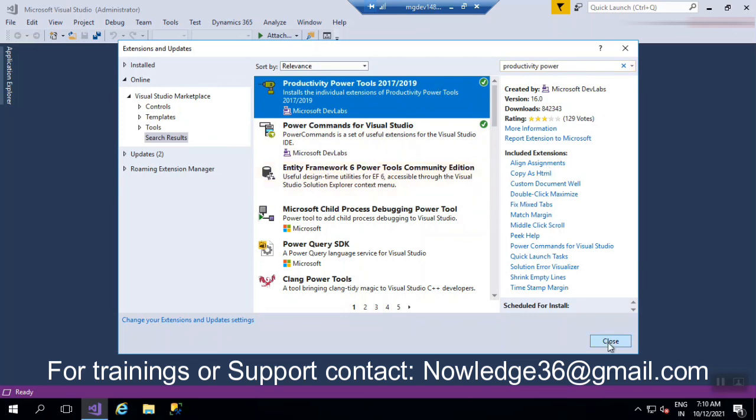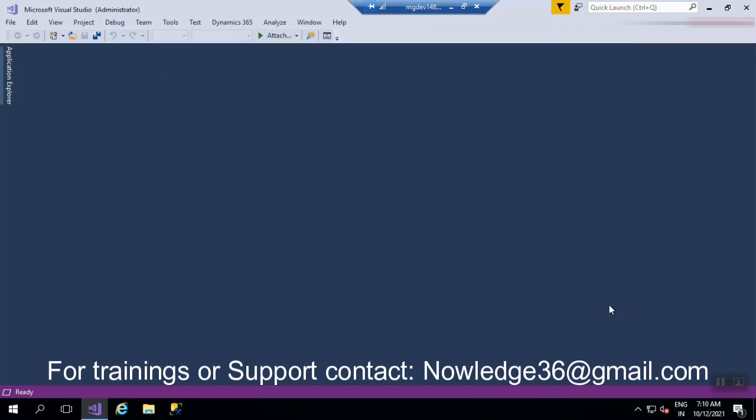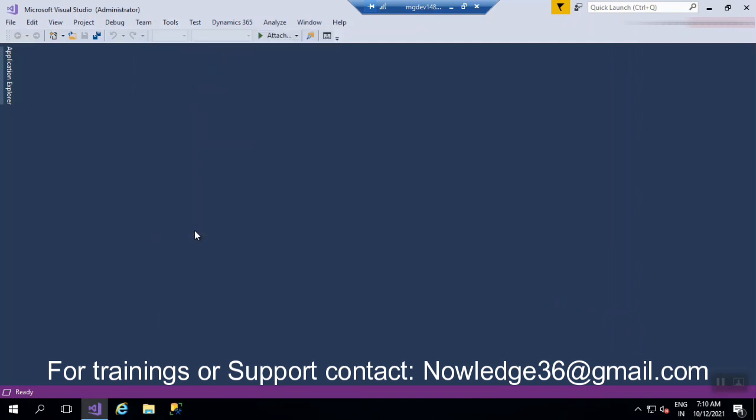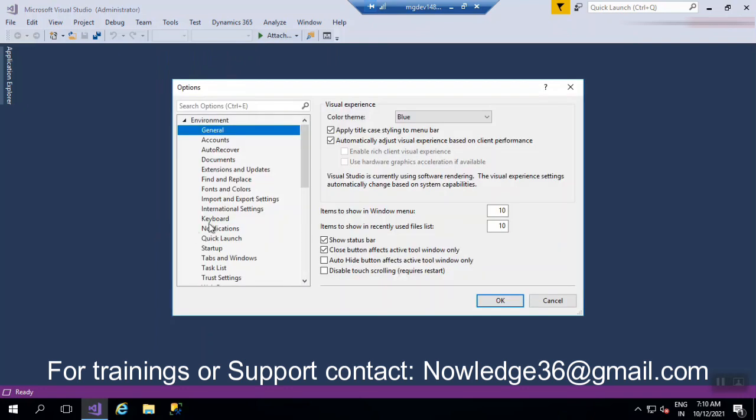just close this. After this, navigate to Tools again, and you will be able to see the last item called Options.